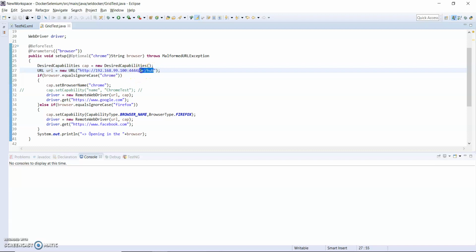It is the syntax for when we launch our remote WebDriver, we have to give this URL, right? So this is basically the remote WebDriver URL.